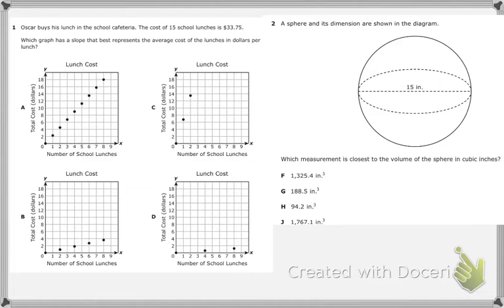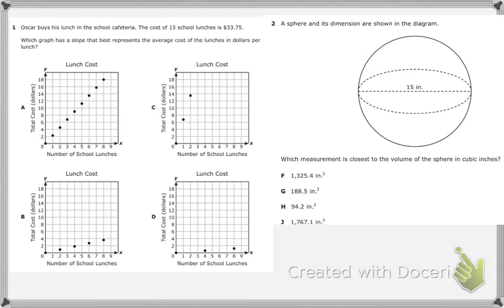Today we're going to be talking about 15 questions that were released in the 2019 STAAR release test. So we're going to go through each one and make sure we know how to use the correct test strategies for each one. So number 1 says Oscar buys his lunch in a school cafeteria and the cost of 15